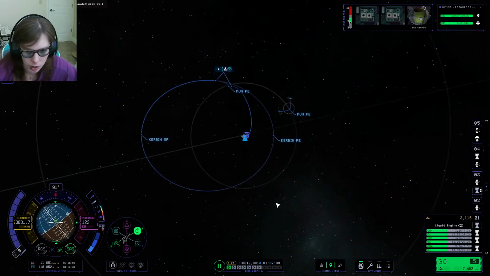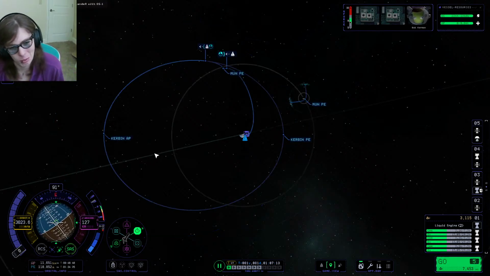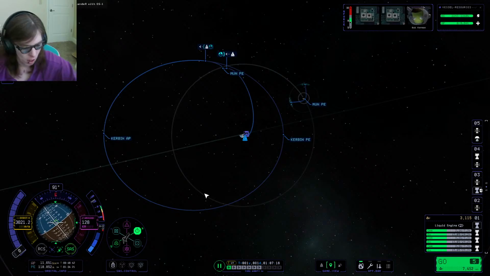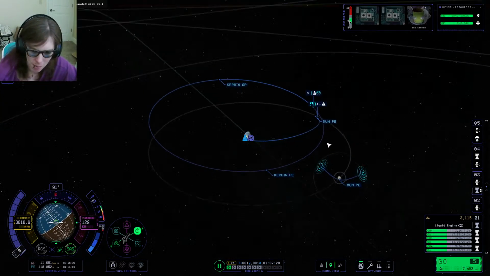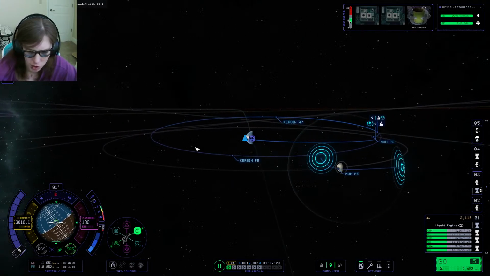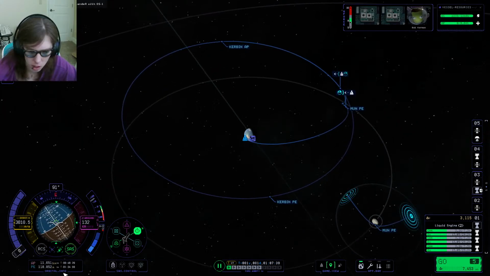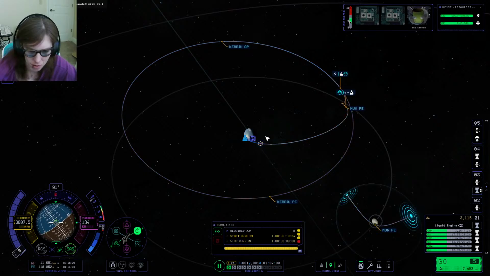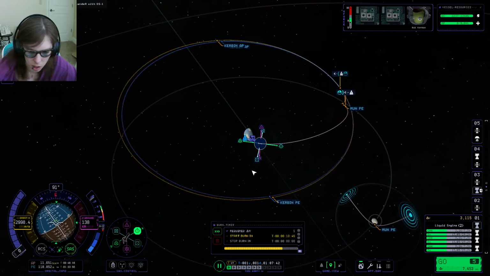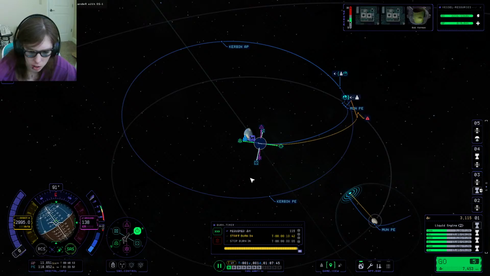All right, there's our Mun encounter. I think I have myself going around it. I don't know, doesn't really matter to me. Right now I'm in a perfect orbit for the Mun, so I think I'm just gonna go ahead and do a normal one. I really want to be going in front of it, so we'll do that. It's gonna cost me a grand total